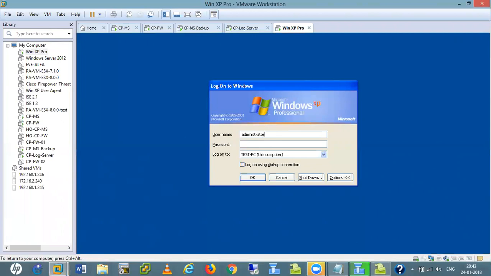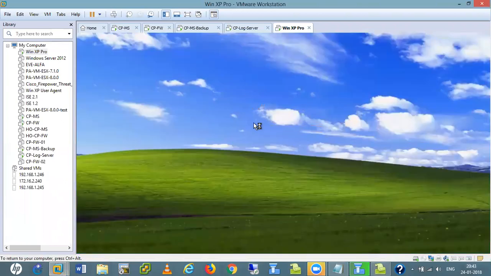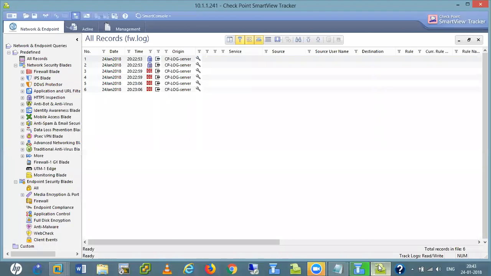Yesterday. Okay, now maybe this machine sent some traffic. See, we are getting the CP log server logs, okay? But my firewall does not send any log right now.